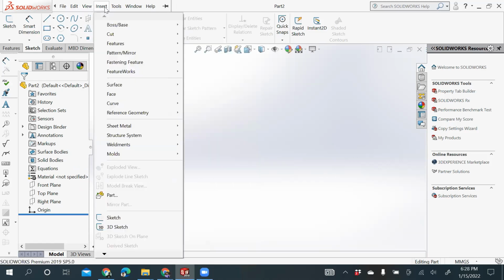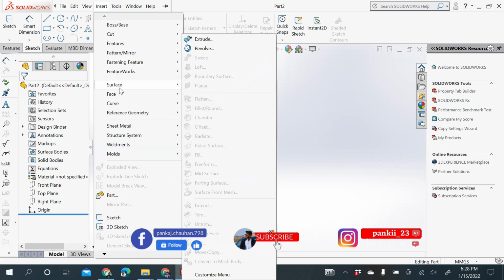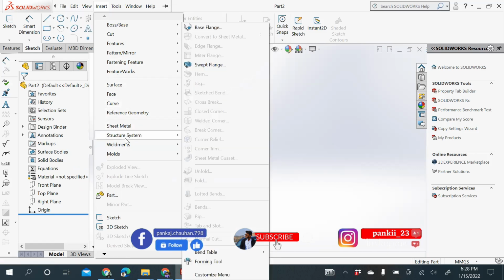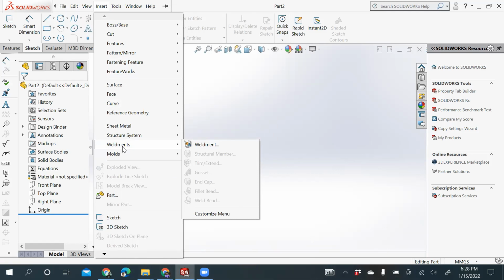Similarly, the insert module takes care of the features which you are inserting, different surface properties, different mechanical behaviors which you are including into the sketch.